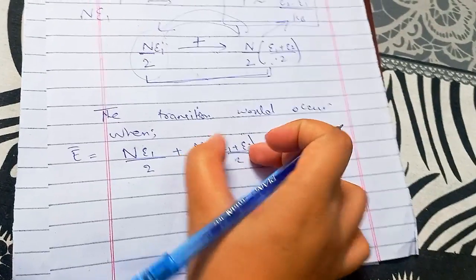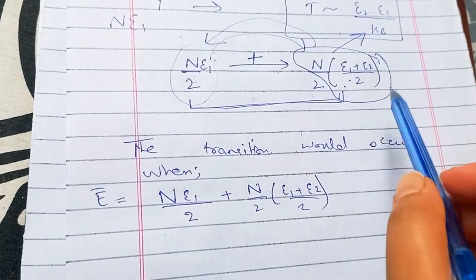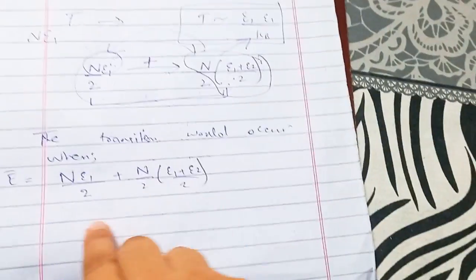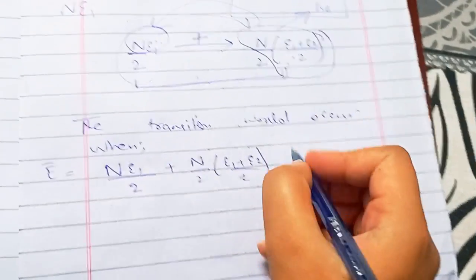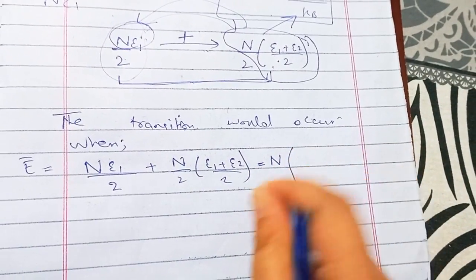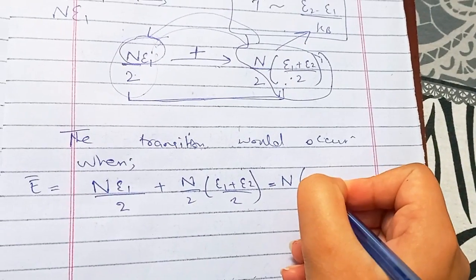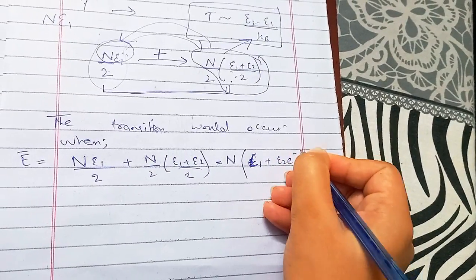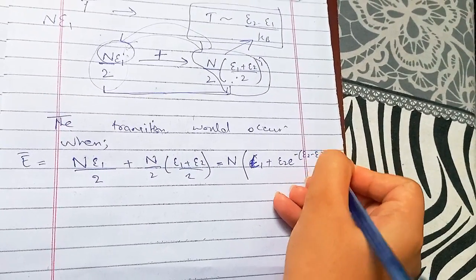Okay, this is the average energy at high temperature limit, and this is the average energy at low temperature limit. So half of them will be taken, and this is the average energy. And the expression we calculated was capital N. We'll set it equal to the general expression that we got, that was (E1 + E2 e^(-(E2-E1)/kT))